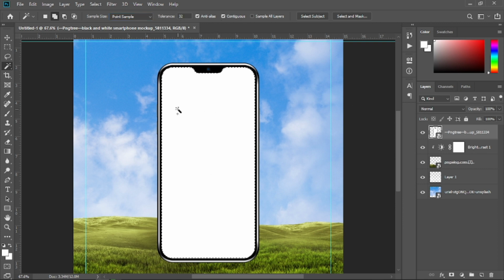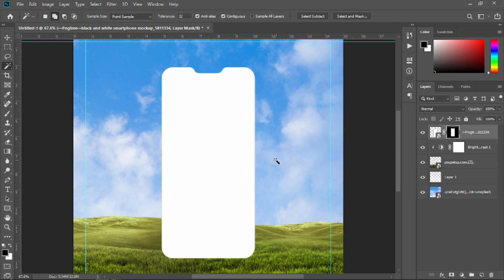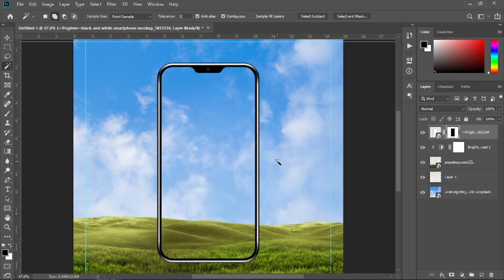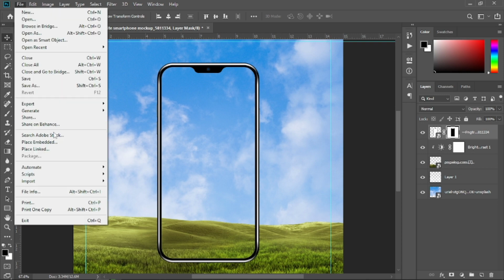Alright, and now we have successfully selected the white background of the phone, and I'm going to create a mask like that, and I'm going to invert the mask. For that, I'm going to hold Ctrl and I. Alright, now let's get to the